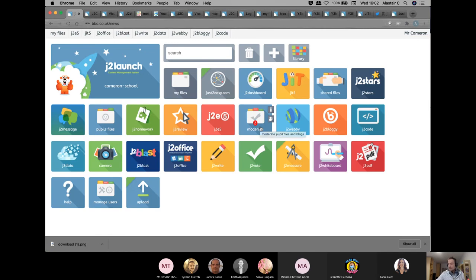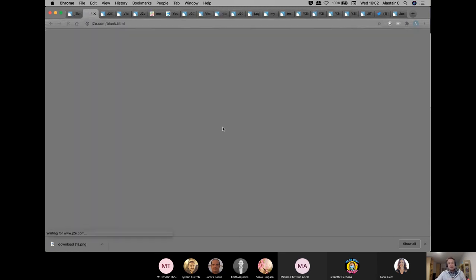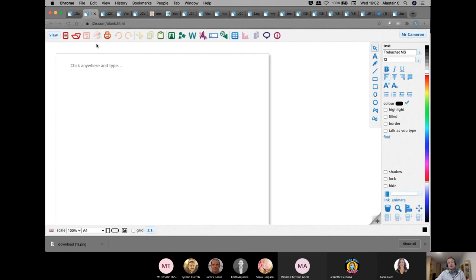No work will ever be published visible to anyone else that a pupil. So if a pupil presses publish in any of the J2Code tools or any of the other areas of J2E like J2E5 or JET, a student can press publish to their heart's content once the publish button is there.